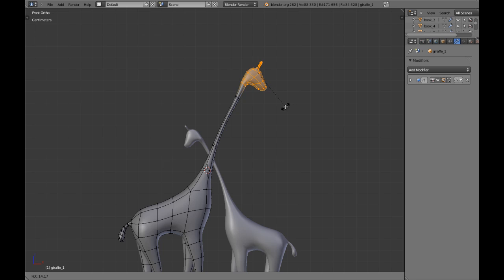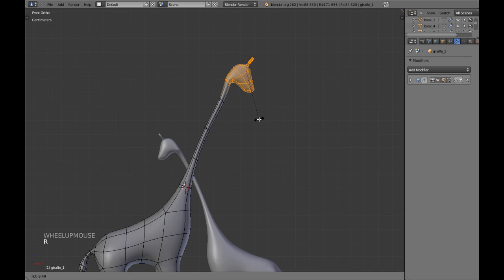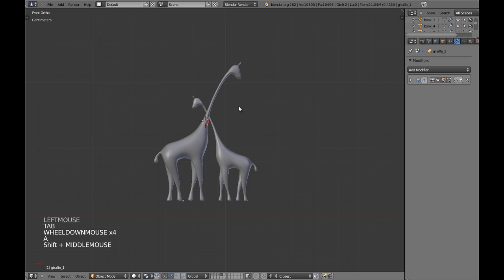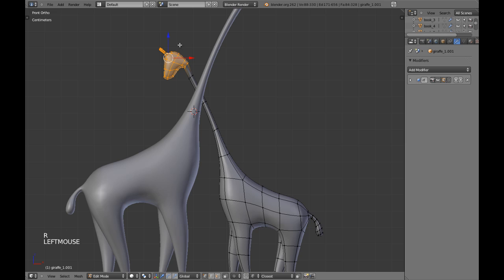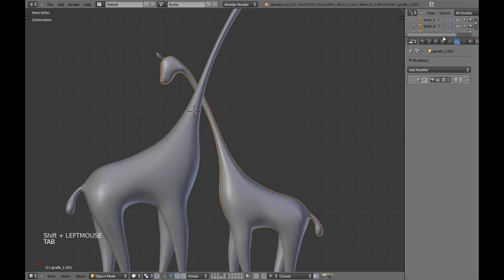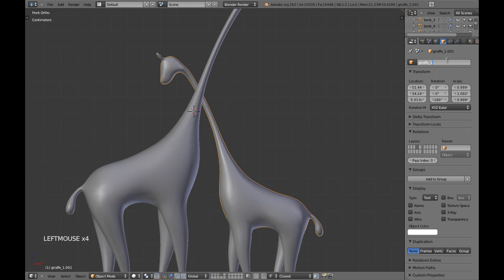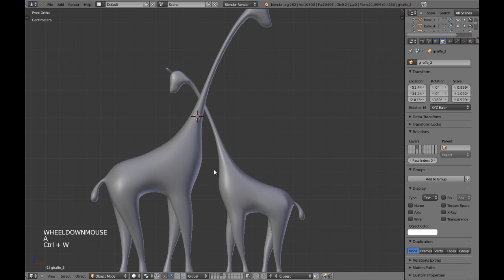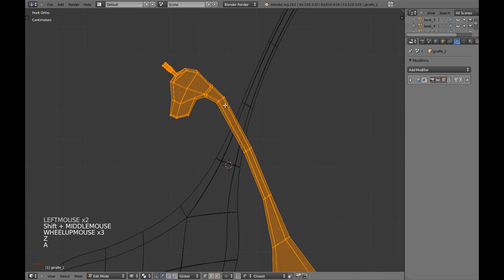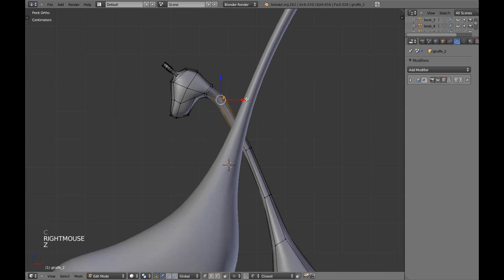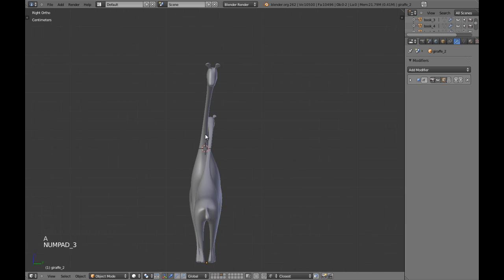For example, if I rotate the head too much, for example with the little boy, the baby giraffe, which by the way I'm going to name, it is going to look more like a hug. So yeah,